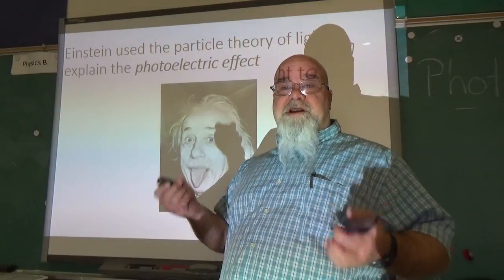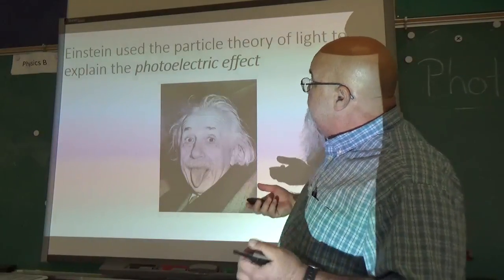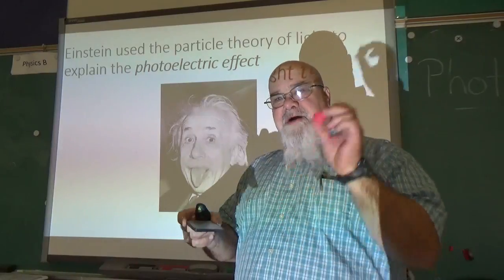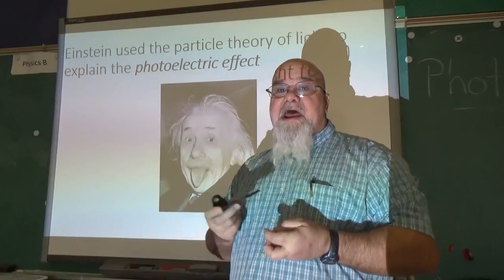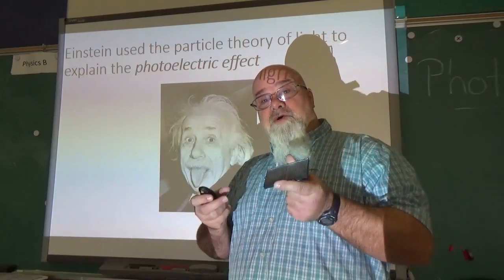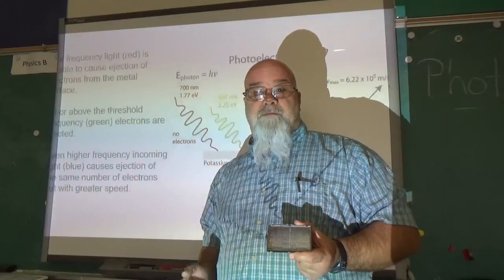Einstein started coming up with the idea of the particles. And that's how he would explain the photoelectric effect. Instead of talking about light as a wave, by thinking of it as packets and as particles, this is how he could explain how we got the photoelectric effect. In other words, how if we hit metal with certain colors, it will cause electron flow.